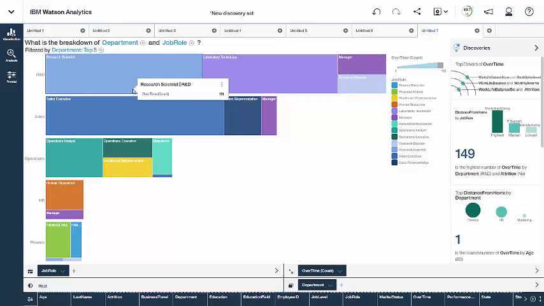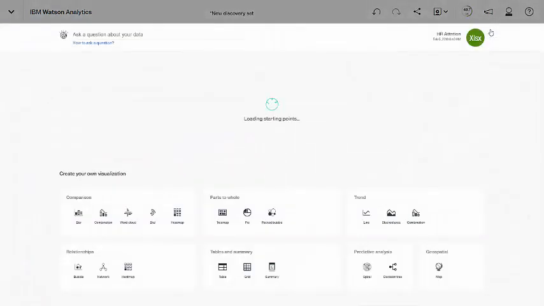I've taken my data, I've loaded it into Watson Analytics, then I did some data discovery to see which job roles and departments had the highest level of attrition. And then with simple natural language, I was able to find out which set of attributes drive that attrition. And so now that I'm armed with this knowledge about what is driving attrition, and my intent is to prevent my top performers from leaving, I'm going to ask my next question